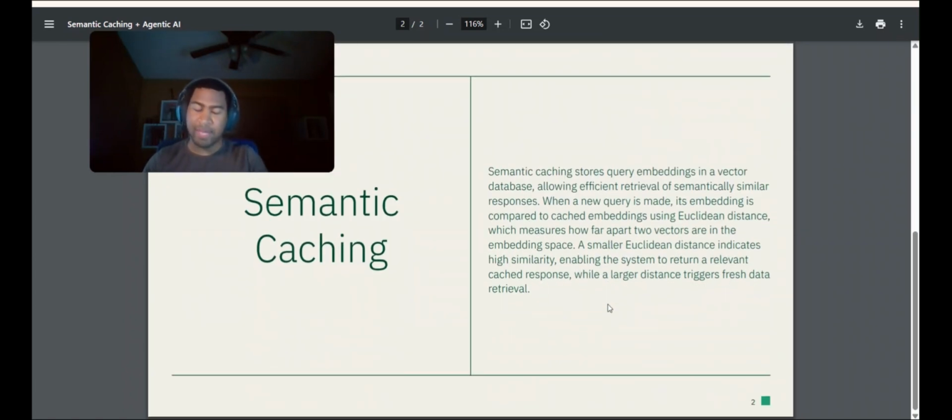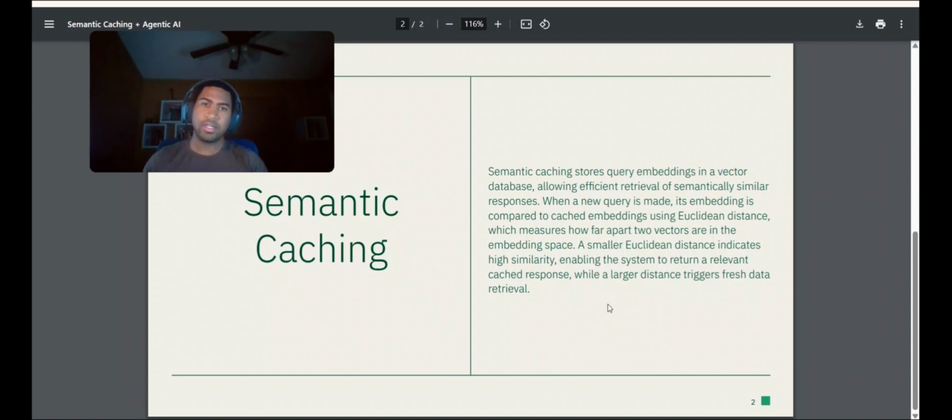Semantic caching. Semantic caching is something that's fairly new for me. I think I heard about it maybe when I was at a Redis. If you're not familiar with Redis, I think it's like a database platform. I'm not sure. Someone can correct me in the comments. But I think it's like a database platform, caching platform kind of thing. But I was at a Redis webinar, and the concept of semantic caching came up, and I thought it was